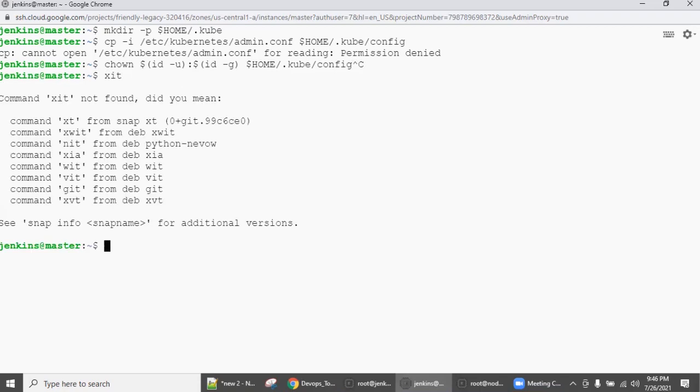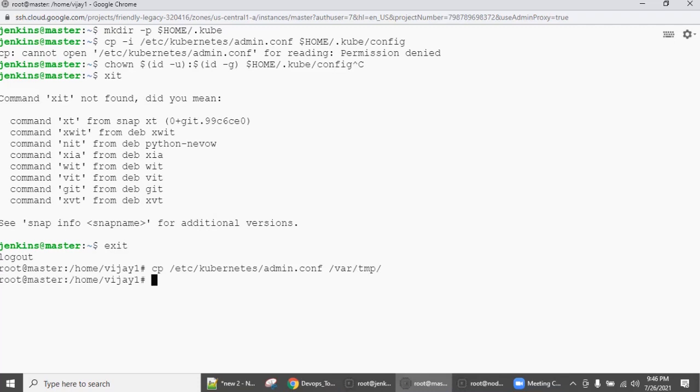Go back to your root. Go back to your root. So now copy etc kubernetes admin.conf to var temp. Copy it. So now you log in as Jenkins as usual.